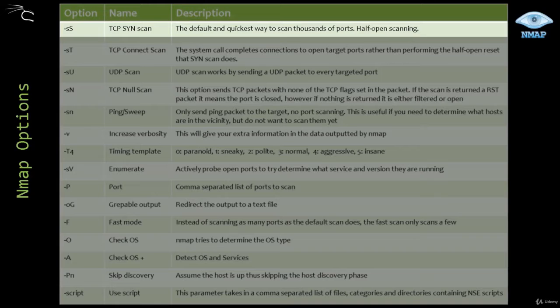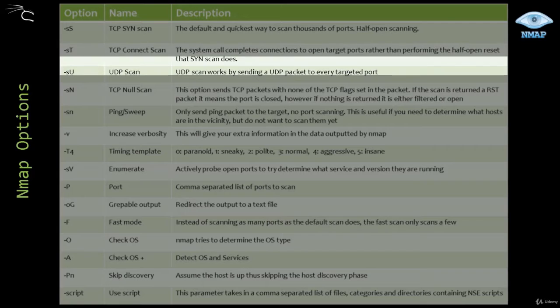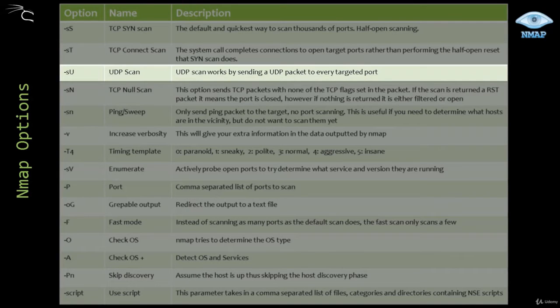As we demonstrated before, it's based on half opening the TCP three-way handshake. As for the -sT option, we're basically telling Nmap to use the full three-way handshake to establish a connection with the target and to determine if the ports are open. When we are scanning ports that are based on UDP, such as DNS, SNMP, and DHCP, we need to use